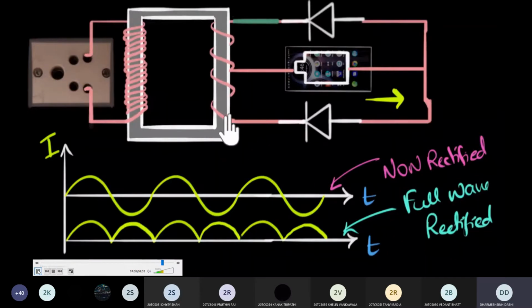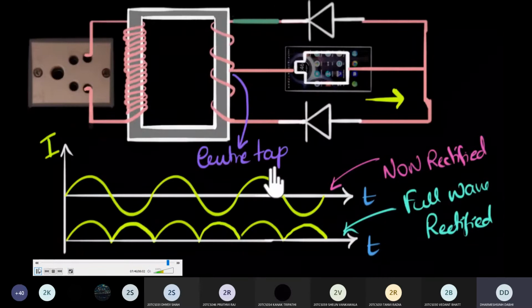All right, one last technical detail is that you see the transformer we used for this is a special one. Usual transformers only have 2 output wires, but now we have 3 output wires. There's an additional one that's taken from the center. So such transformers are called center tap transformers. Center tap transformers. So if you want to build a full wave rectifier with just 2 diodes, then we have to use this special kind of center tap transformer.